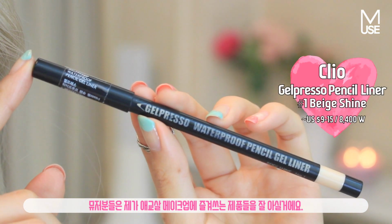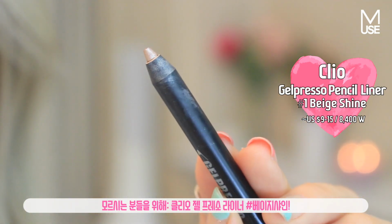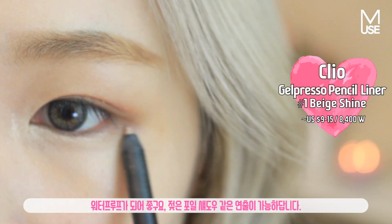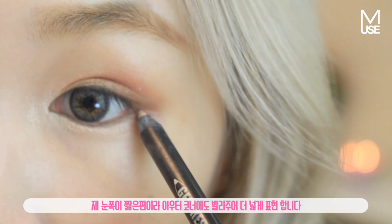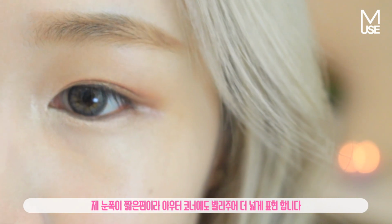And long-time users would know what I like to use on my eye side area, but if you're new and you've been asking, Clio's Gelpresso liner in Beige Shine is my favorite. It helps to seal in the highlight shade because it's waterproof and because it has a beautiful foiled-like effect. It kind of glistens in the light. My eyes aren't very wide, so I do what I can to make them look longer by sometimes lining the